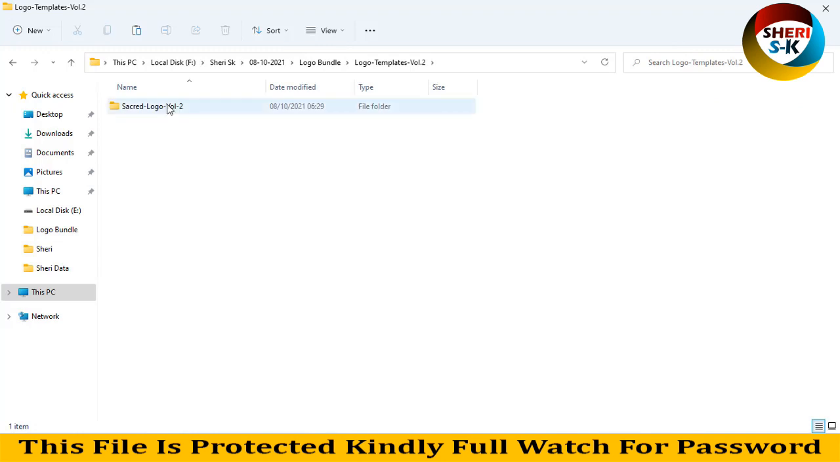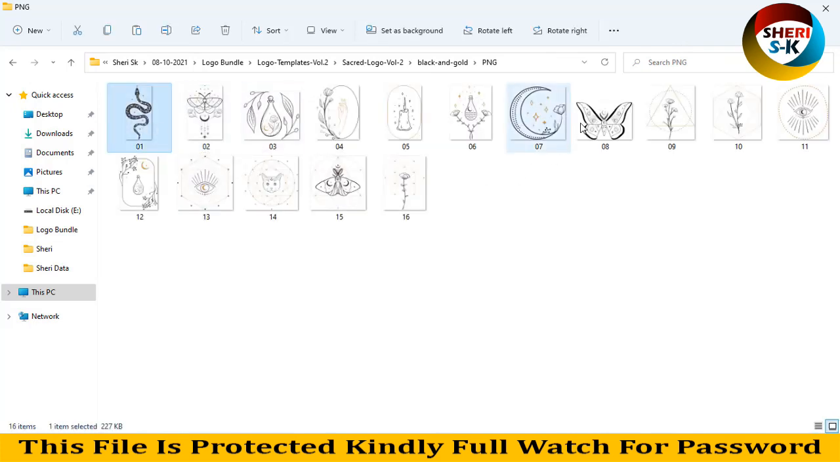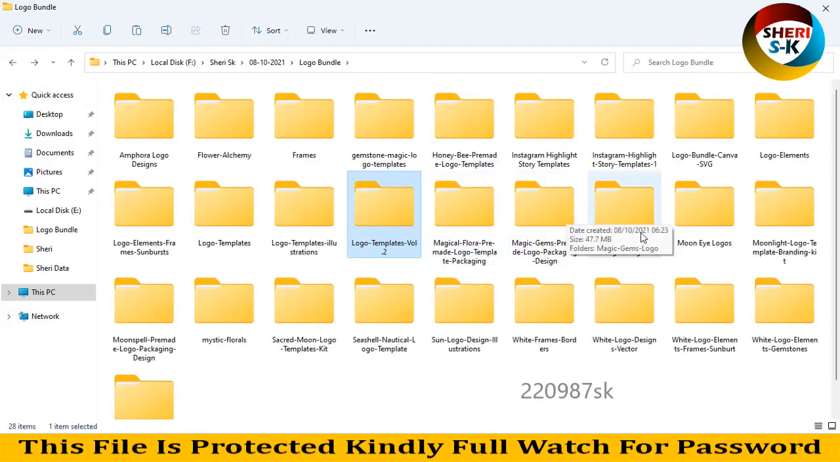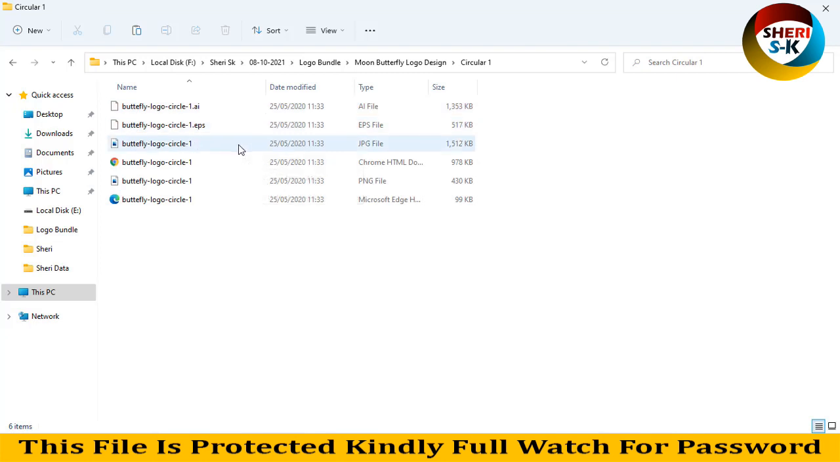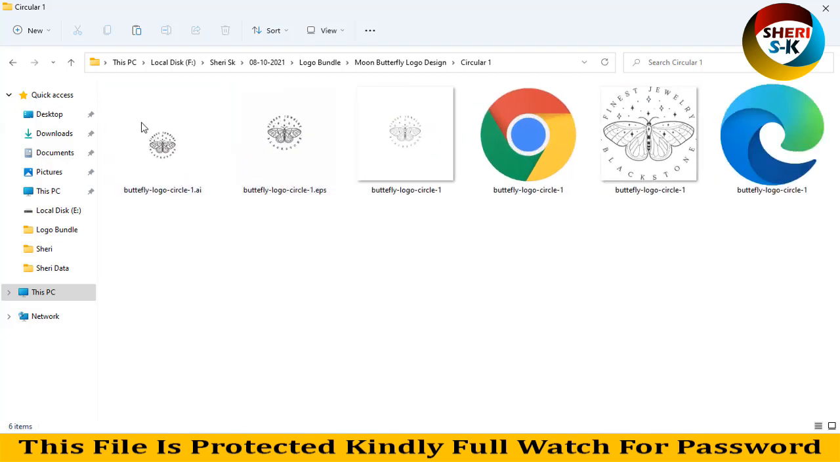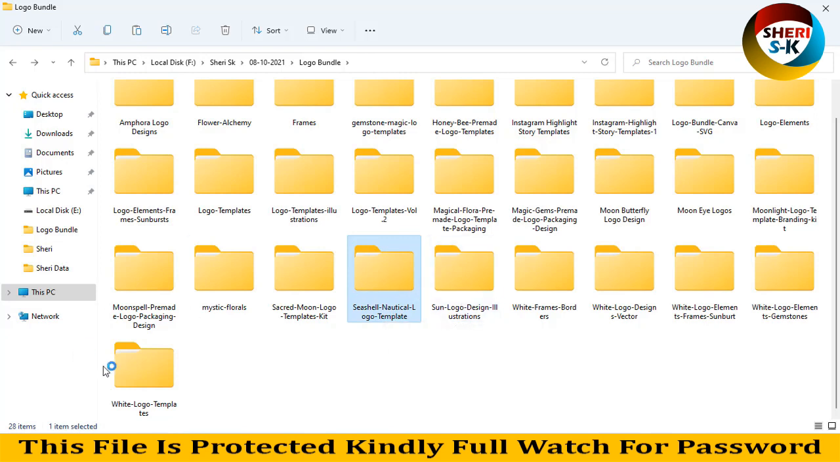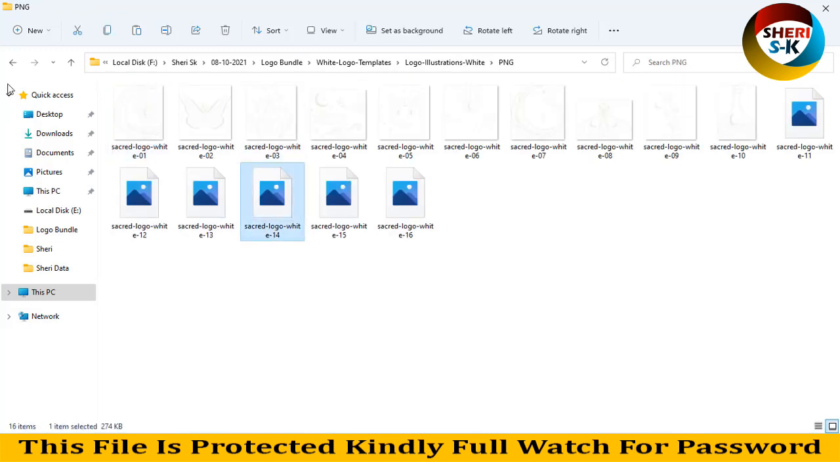Next is logo template volume 2, script, black and gold. Here is snake, butterfly, moon, cat. Moon, butterfly logo. Here is PNG and EPS, AI. Wow, you can change the color or change the design, write anything here. Honest jewelry. Sun logo, and here are white logo templates, illustration, PNG. Oh, here is white